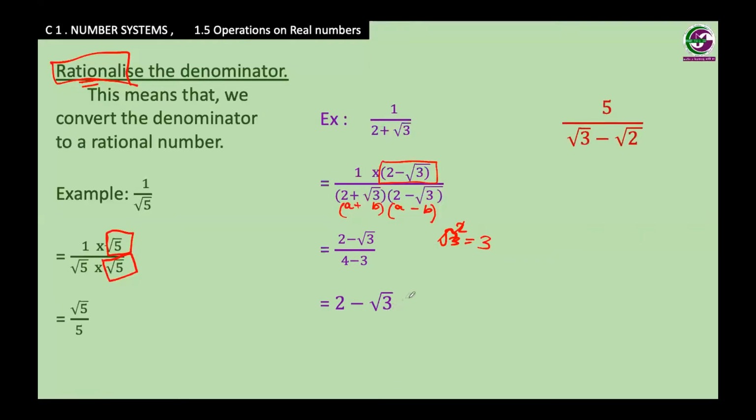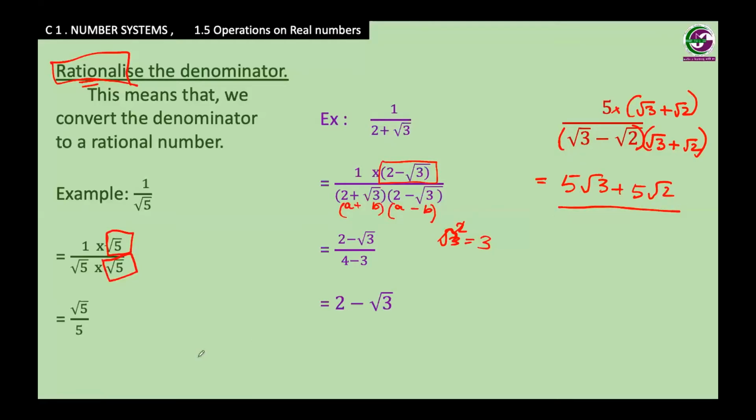Now let's see another example. 5 divided by root 3 minus root 2. In the denominator, you have 2 terms, so we have to open a bracket. See how to do that? This is called the conjugate. I thought of doing it in front of you so you will get a better idea. This is minus, so we have to take the opposite of minus, which is plus. And if you take the operation plus in the denominator, it should be the same in the numerator as well. So what do we have now? In the numerator, we have distributive property. 5 root 3 plus 5 root 2 divided by